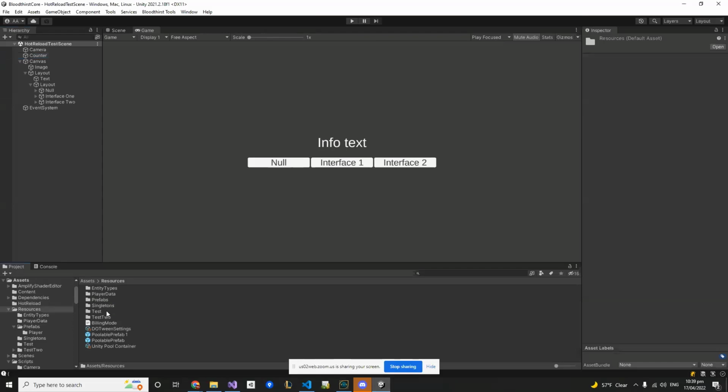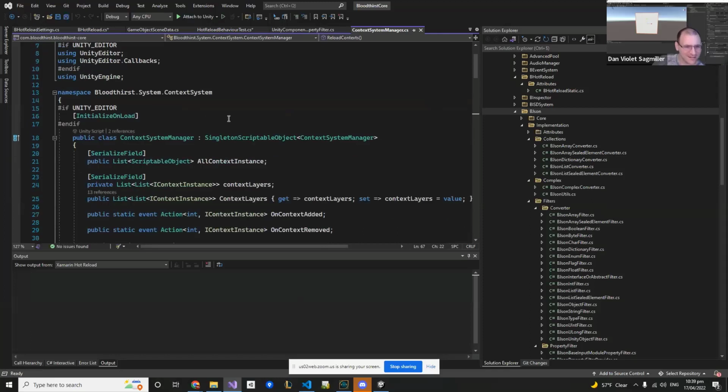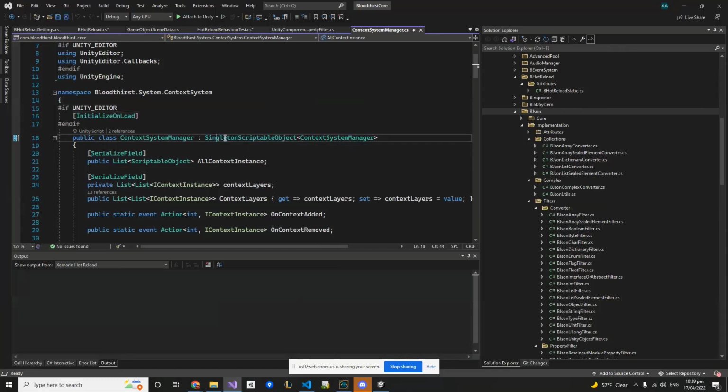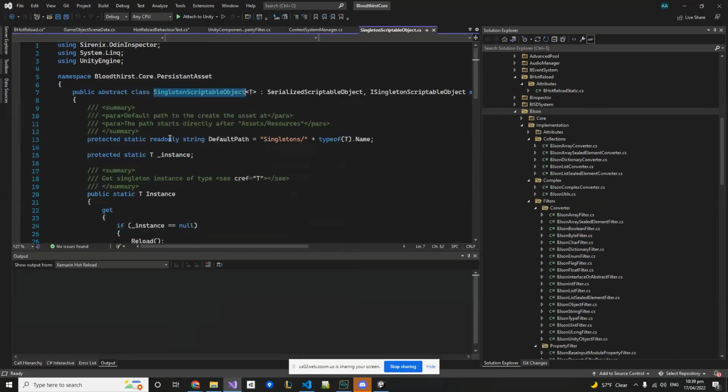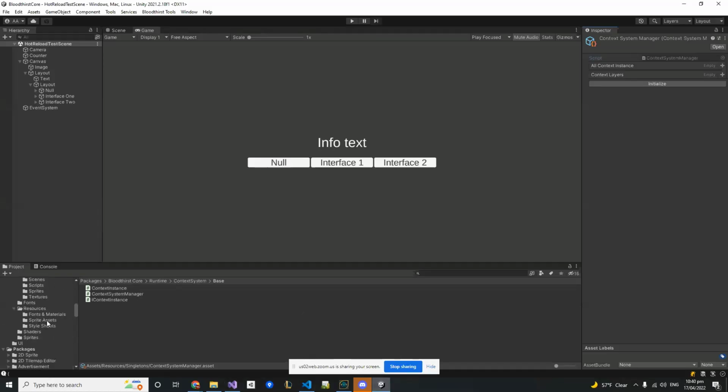Yeah, actually, this was just done in a hurry. I have already made my own solution for scriptable singletons, like here. If you see the socket config in there. Yeah, just for testing some multiplayer custom networking. But for example, I have this singleton scriptable object that I created, where if I create any class, like here I create a context manager system, I inherit from this and pass the same class. I have an editor somewhere that listens on reload, same thing. And if I have a new type that inherited from this, the system will automatically create a singleton